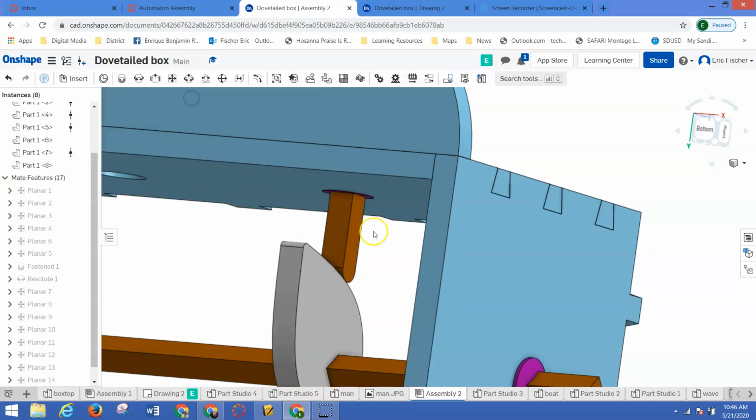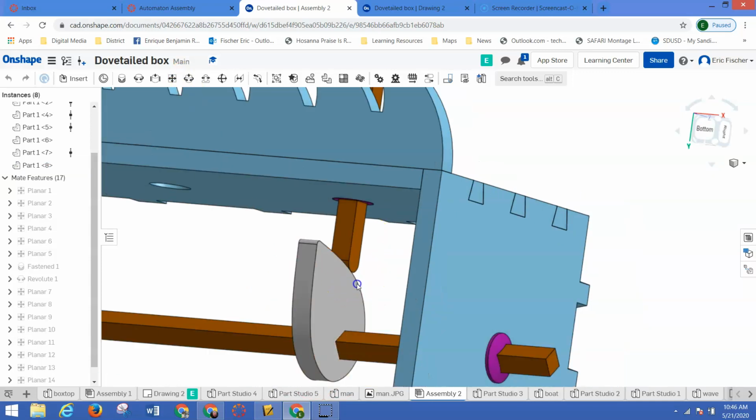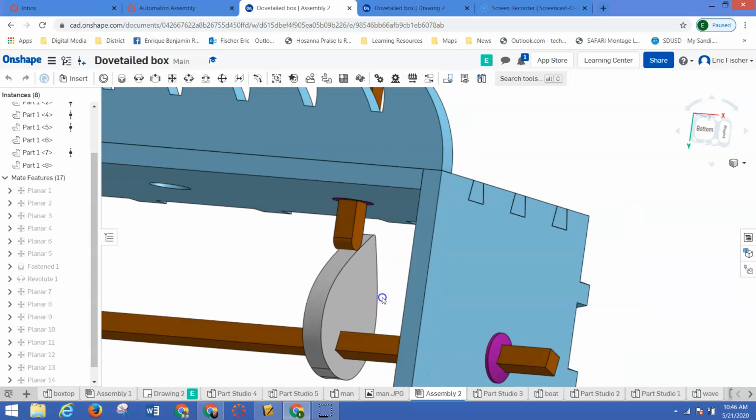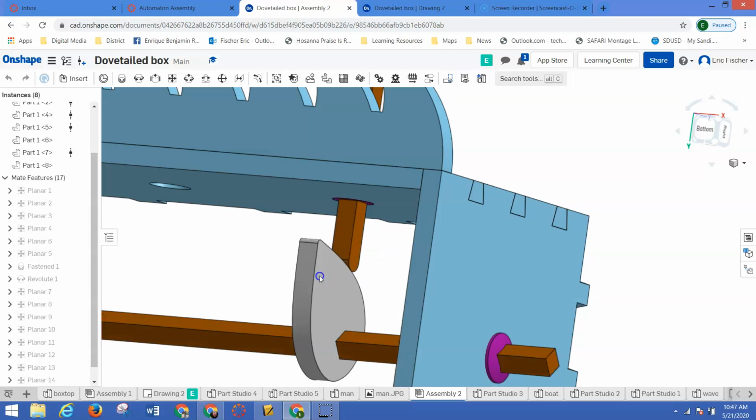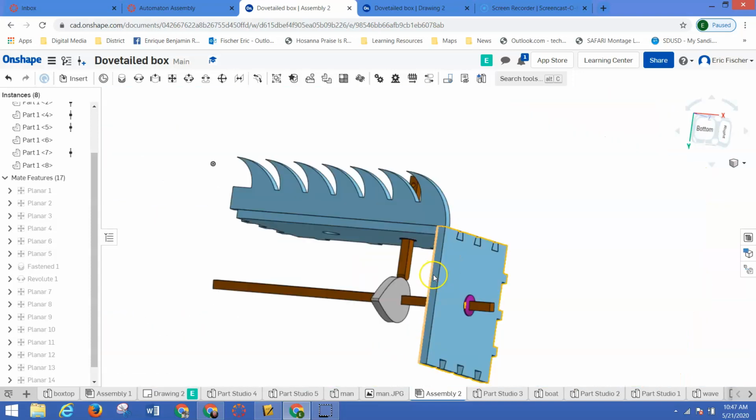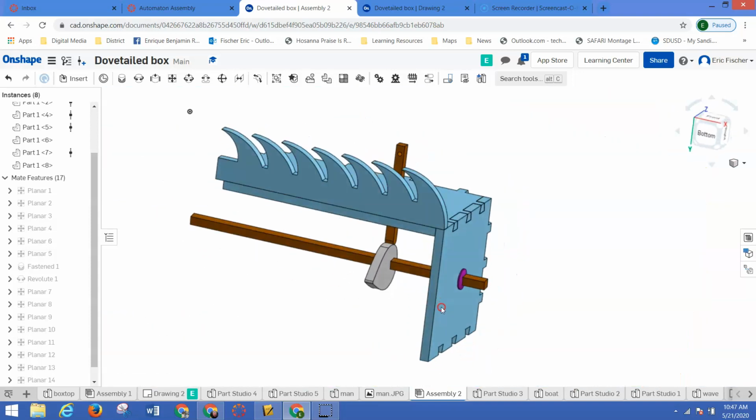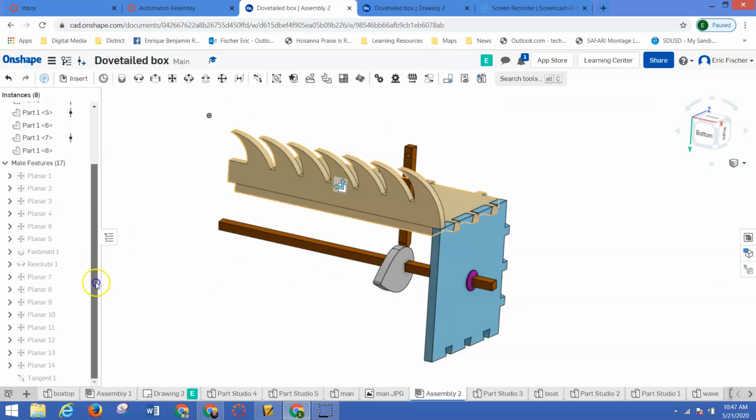Now watch what happens when I turn my cam. When I turn my cam, the rider follows along. Okay, and that's exactly what you need it to do. All right, let's check this out. And one more thing here, as you're putting yours together. Now, let's say you want to see this work. You want to see it go up and down. If you look